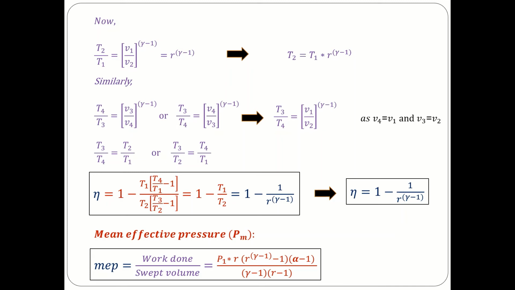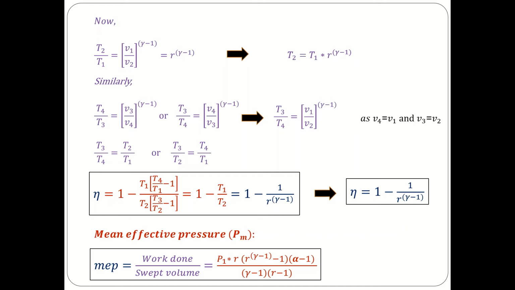Now the expression for efficiency which we have is 1 minus T1 (T4 by T1 minus 1) divided by T2 (T3 by T2 minus 1). So this was our earlier expression. Now since T4 by T1 is equal to T3 by T2, I'll just substitute T4 by T1 as T3 by T2, and these two brackets get cancelled. We have